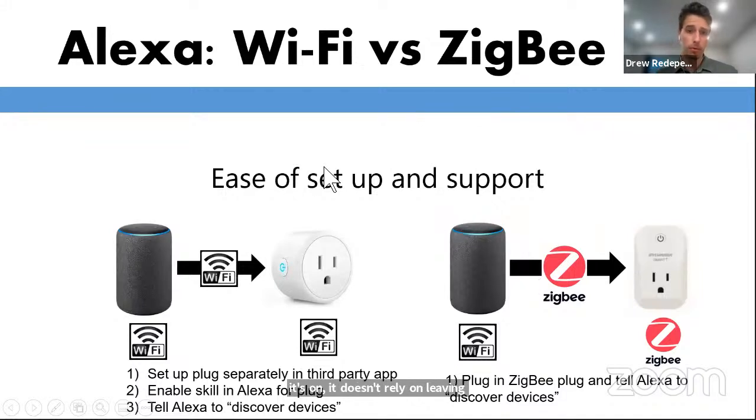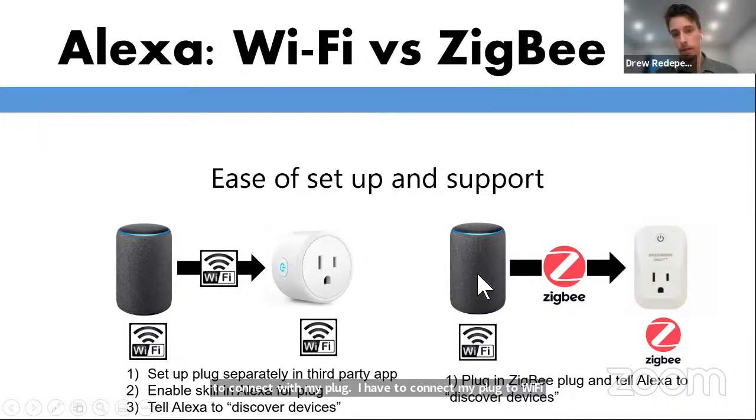The other really great thing about ZigBee based devices is that they're a lot easier to set up and support than Wi-Fi based devices. For Wi-Fi based devices, if I have a Wi-Fi based plug and I want to connect it to Alexa, I actually have to connect my plug individually in a separate app, and then enable a skill within Alexa in order for Alexa to connect to my plug. So there are a lot of steps involved, because I have to connect my plug to Wi-Fi,